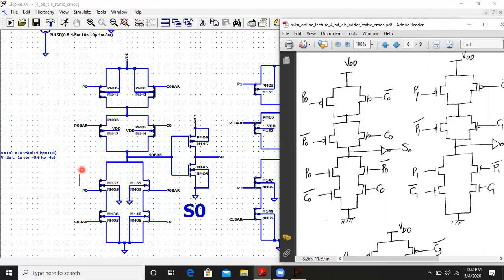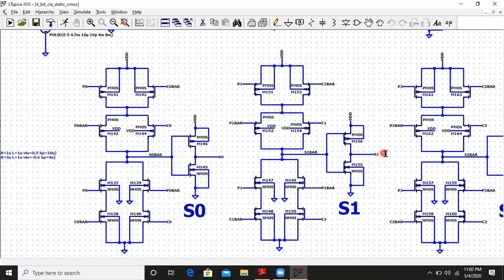Yeah. So here I have P0, C0 bar, P0 bar, and C0 as we have seen over here. And then in the pull-up network also you have the same P0, P0 bar, C0, C0 bar, and then it is generating S0 bar. So you have to connect a CMOS inverter. So the design is as it is, as on the paper.